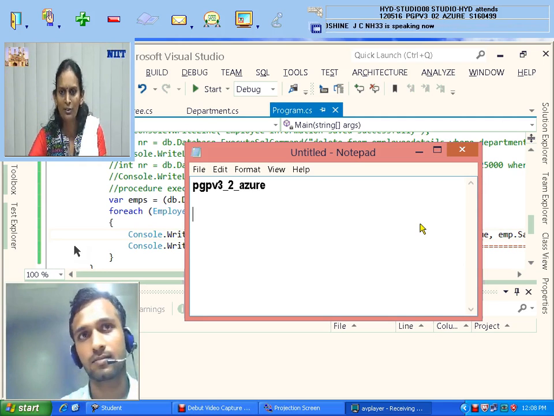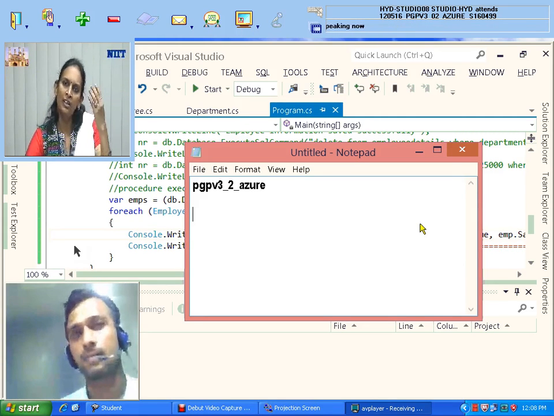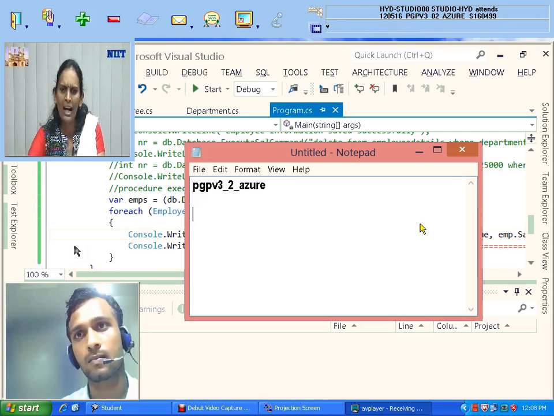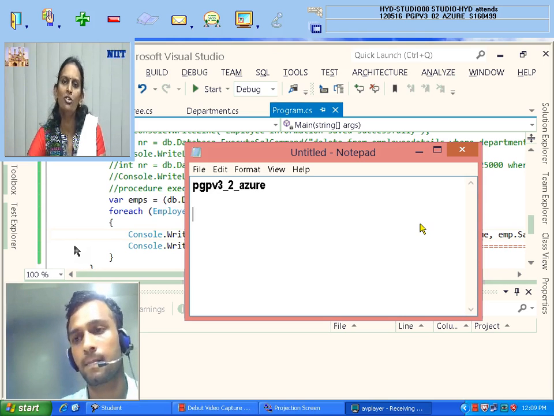Yes or no? Yes. So there is no rule that a procedure will retrieve only 1 record. It may retrieve 100 records also. I have tested on the ID, so only 1 will be retrieved. If you test on the department ID, and 2 people are working in department ID 2, then 2 records will come. But I have written the procedure to search based on the ID, so only 1 record will come, because that is the primary key. 2 records will not have the same ID.